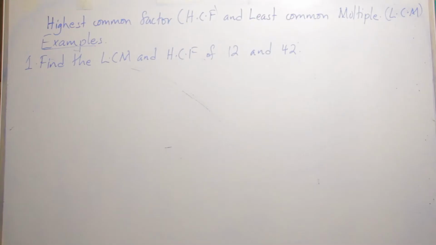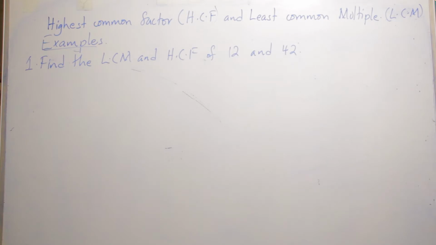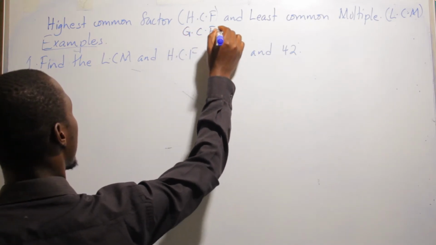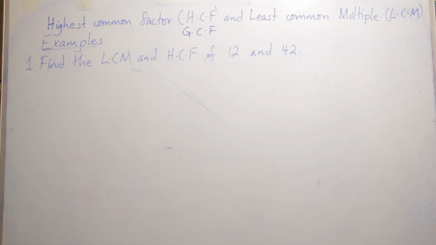In our lesson 7 today of number systems, we are going to talk about the H.C.F and the L.C.M. So our example 1: find the L.C.M and the H.C.F of 12 and 42. Now the H.C.F, highest common factor, sometimes they can call it the greatest common factor. Then